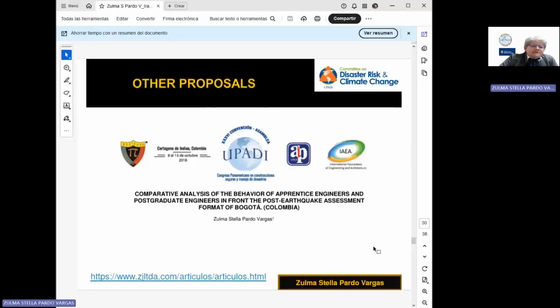In this paper, you can read a comparative analysis of the behavior of apprentice engineers and postgraduate engineers in front of the post-earthquake assessment format of Bogota, because we have problems, from my viewpoint, with this format: the engineers don't have any education in this format.